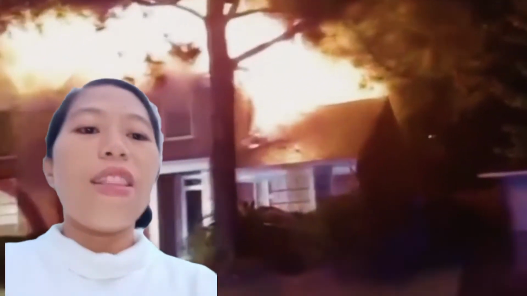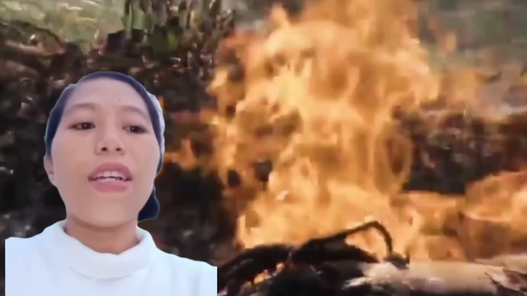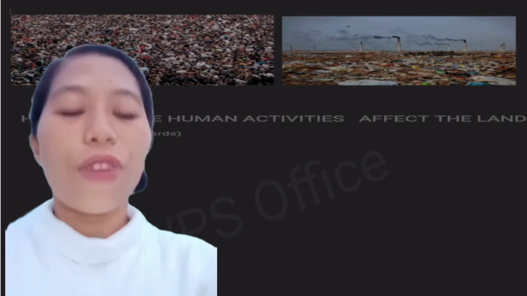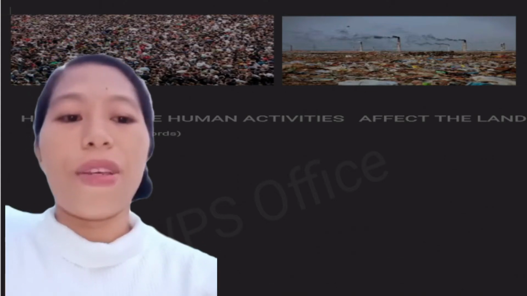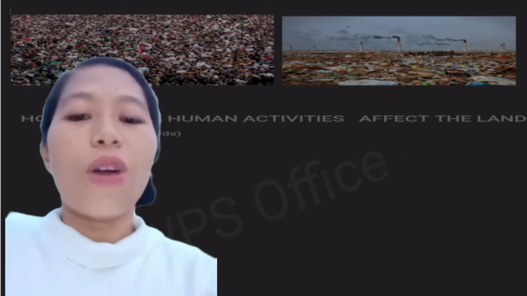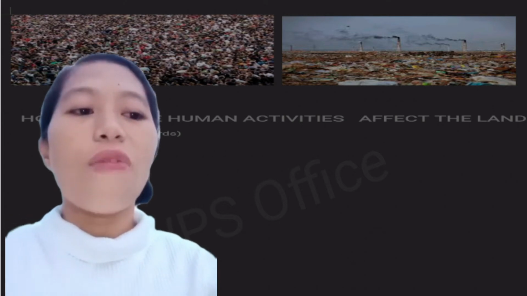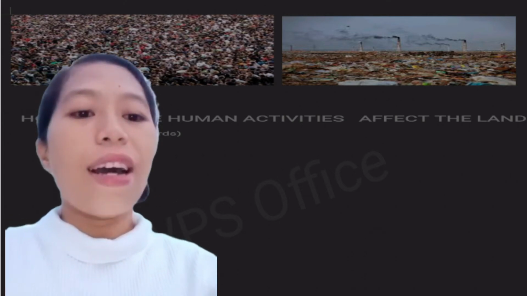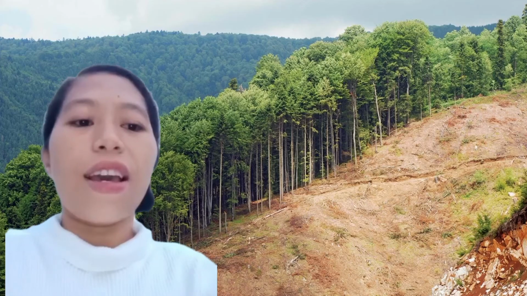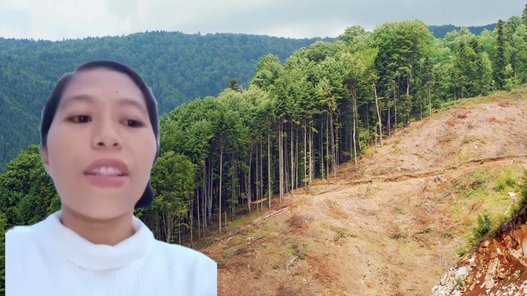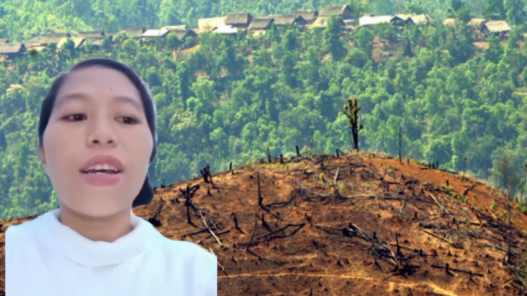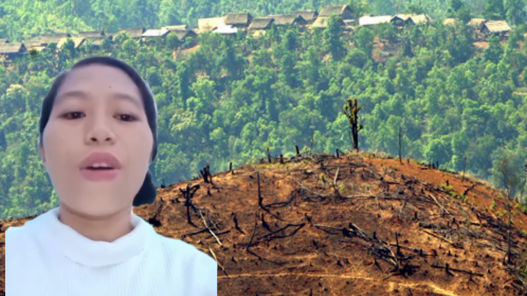In deforestation, for example, slash-and-burn agriculture is a big contributor to deforestation in the tropics. With this agricultural method, farmers burn large swaths of forest, allowing the ash to fertilize the land for crops.